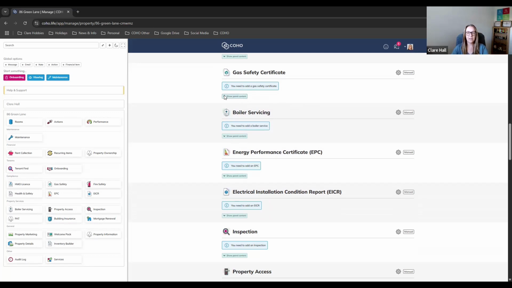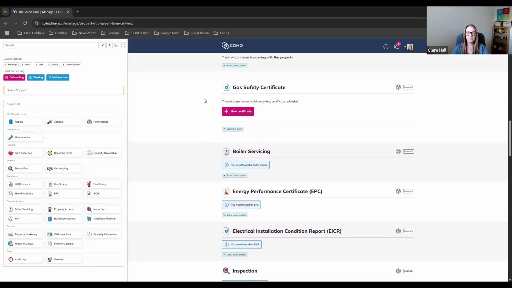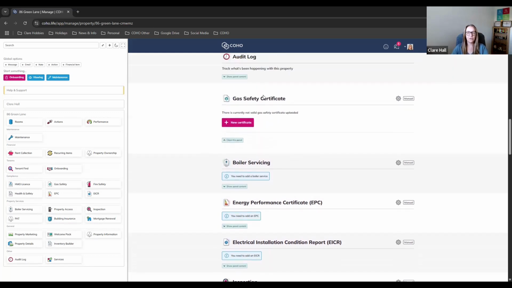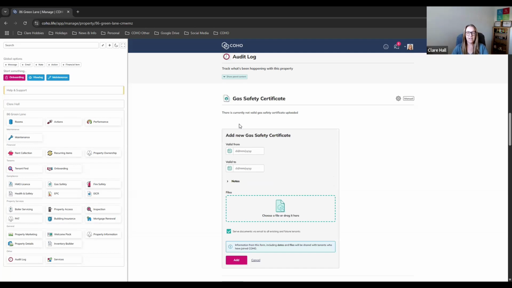What I can do from here is expand the panel. I can then see that I've got no valid gas safety certificate that has been uploaded, and I've got a button to click to add a new certificate. If I click add new certificate, this form will open out underneath. Here we've got a valid from date, a valid to date, an area where we can drop any notes in,